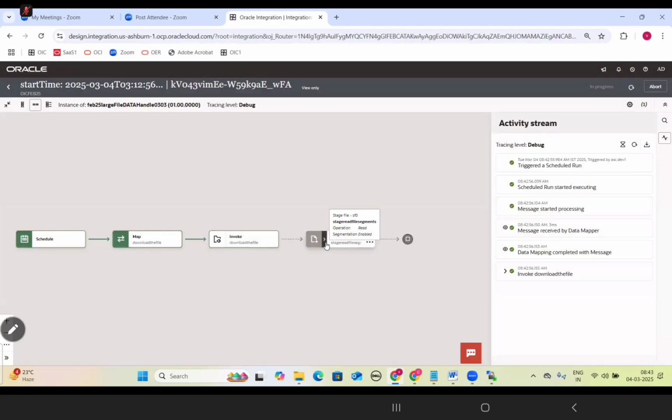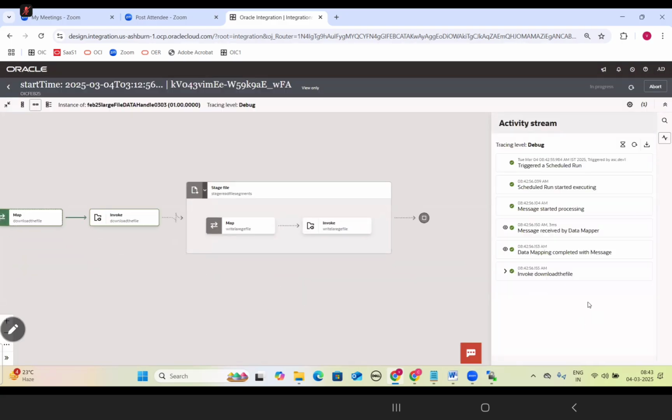And now the file is downloaded into the stage location. So refresh. It will come here. Because this is a large file, it will take some time to download the file to stage. Then what will happen here? Read file segments with chunks. This is important. First 2000 records will be captured from the download file and written into the SFTP server. So what is the first file name? Orders one data. Like that it will be created here. It will take a little time for the files to come here.